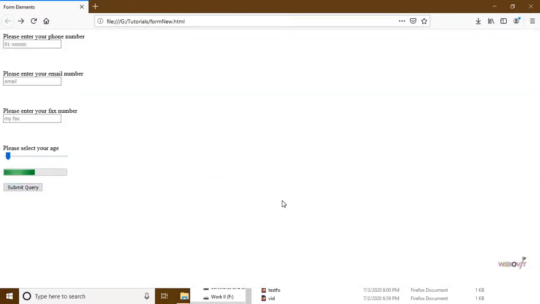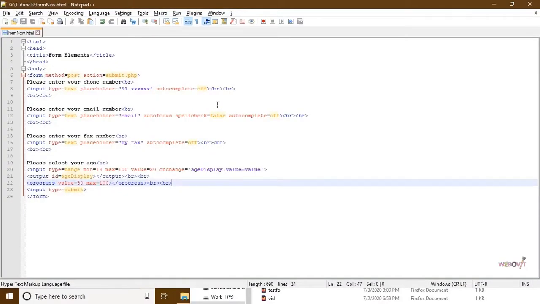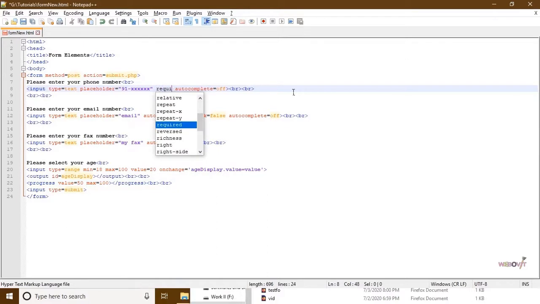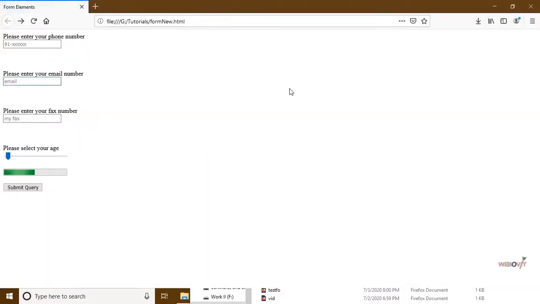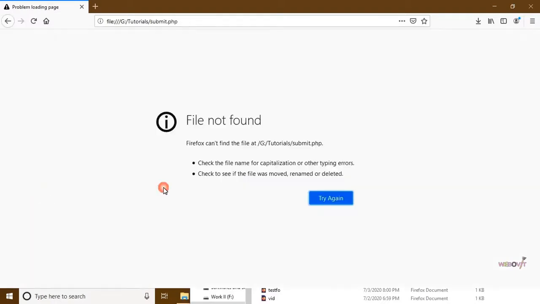But if I want that the form is not submitted unless these fields are filled, for that purpose I could mention required. I will put it in any one of them, suppose in the email section or the phone number section. If I make it required and you don't mention your phone number, you can't submit the form. It will ask, please fill out this field. So this field has become mandatory. Now if I mention some phone number and submit, my form is submitted.